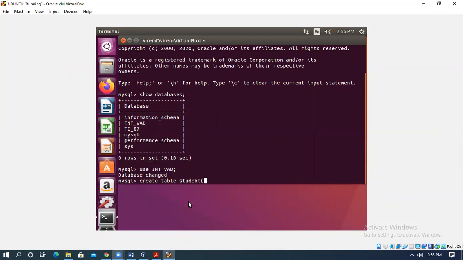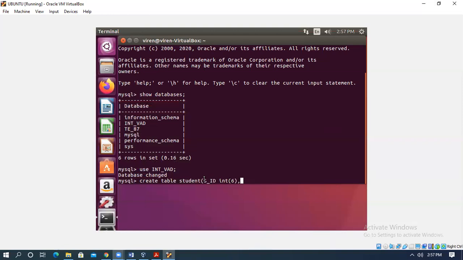We'll see now student. First I want student ID. So I'll write s underscore ID as my attribute name. The data type is integer, and then I will specify the size. Here you can observe in student, I have taken the first attribute, the attribute name s underscore ID, its data type int, and inside brackets the size, then comma.